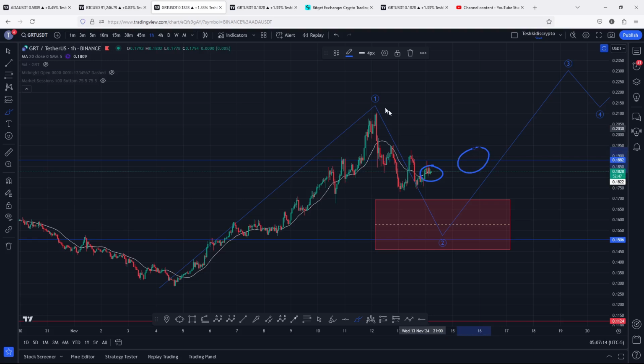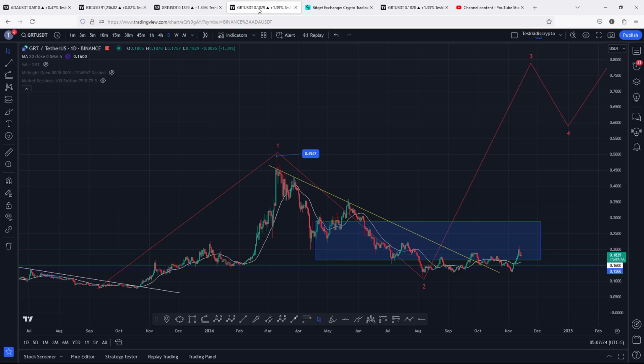$0.1882. And on today's video, I will be discussing my breakout target areas and also give you key areas of supports that you need to continue holding above. I will also be discussing my long-term price prediction analysis, so make sure that you stick around till the end